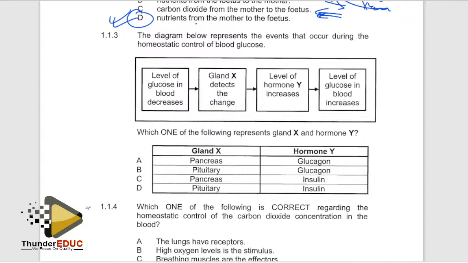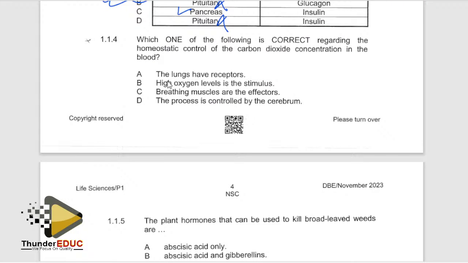We are saying that, just a moment. Yeah. During homeostasis control of blood glucose, we did this question yesterday. Remember, where is it here? The last statement. Now I want to go from decrease to increase, so I have to increase the amount of glucose in the body. It means that I need more glucose, therefore I'm going to convert glycogen into glucose. What makes glycogen into glucose is glucagon. Correct answer. And then A, you get the 2. Then we go to